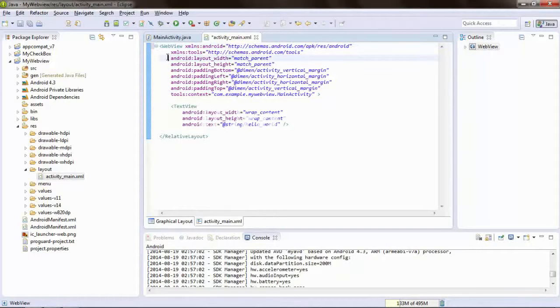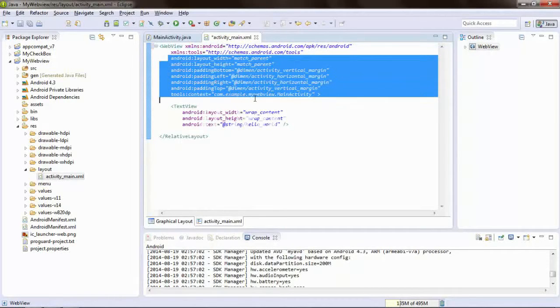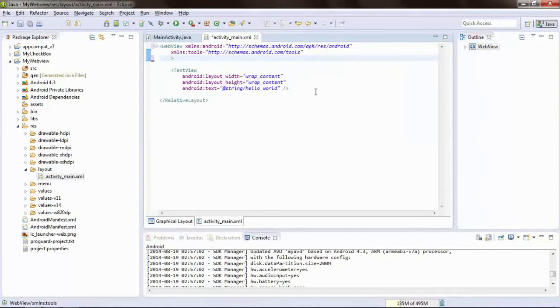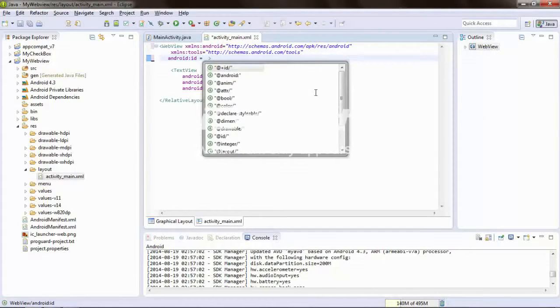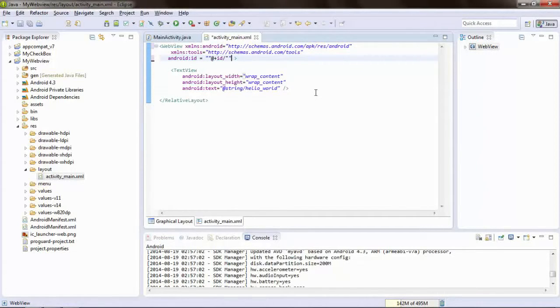First we declare its ID, which is android:id equals to @+id/webView.